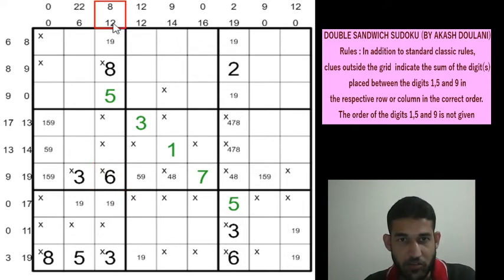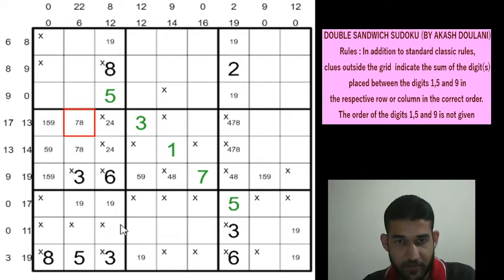Okay, now to satisfy the 12 clue, we have the 1 and 9 marked here and the 5 marked here. 8 is already satisfied because of these 2 clues. So these 2 cells will add up to 6 to satisfy the 12 total, and that can be done only by 2, 4 possibilities, and that means this will be 7 and 8. And now this cell is going to be a 7 using classic rules.